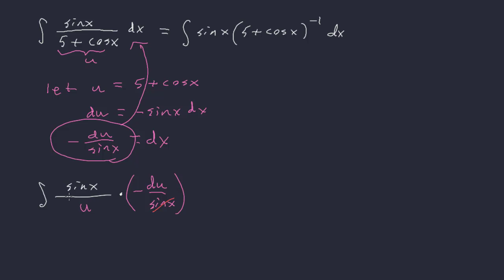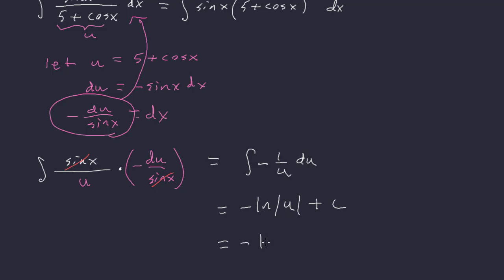And look at that, the sine x's cancel, and we are left with this integral here, which is negative 1 over u du. Now 1 over u, that's natural log. All right, so in cases like this, when your denominator is the u, you're going to get a natural log pop up. Right, so this will be negative natural log absolute value of u plus c,